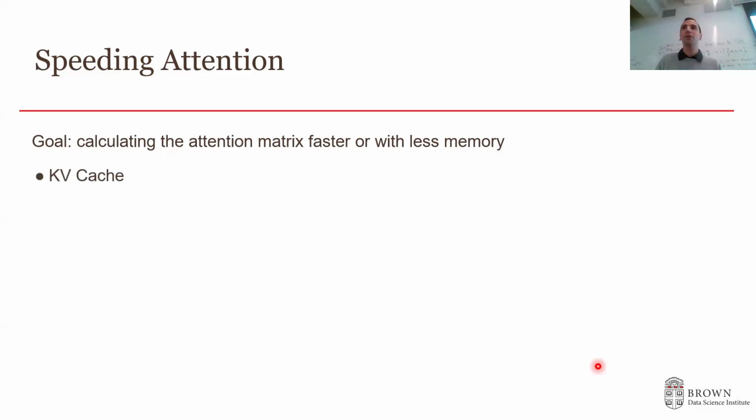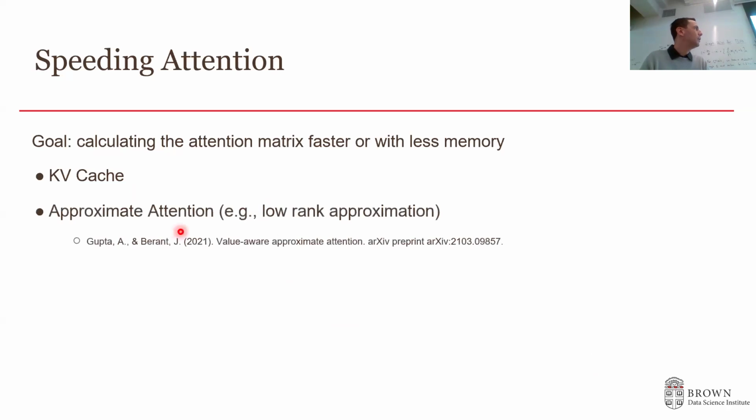First of all, we can do caching. Caching is a simple method. In transformers, we are doing the same calculation over and over again, specifically the K and V in the attention mechanism. So we can just cache that. Of course, we're going to increase memory, but we're going to reduce latency. We can do an approximation of attention, that means low-rank approximation. I'm going to talk about it in more detail when I talk about parameter efficient tuning, but we can just take our attention, decompose it, and use an approximation of the result.